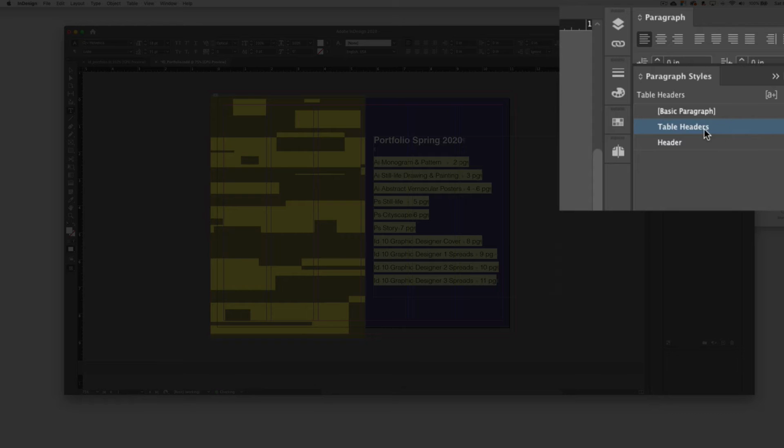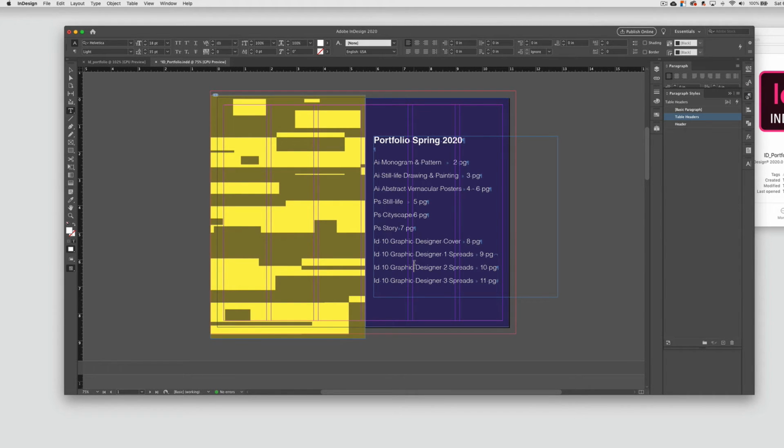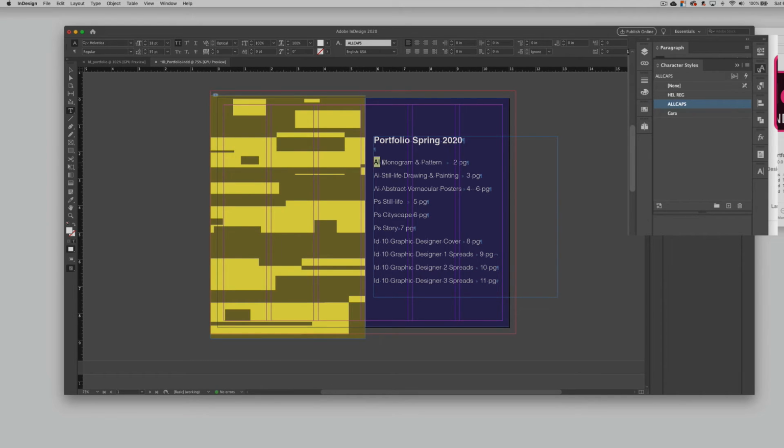And I can do Option and click to get that arrow. They all should now be that type. But I want to go in and make it a little bit more colorful. So I'm going to go to my character style, and I'm going to change this to the all caps. And I'm going to make this into the regular, and then I'm going to change this one into the Garamond,